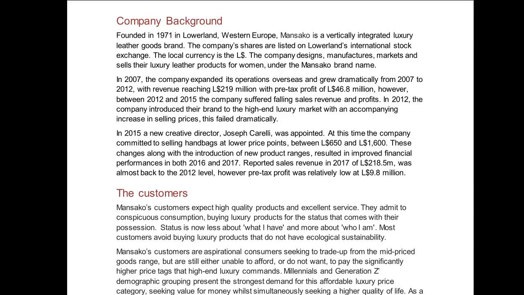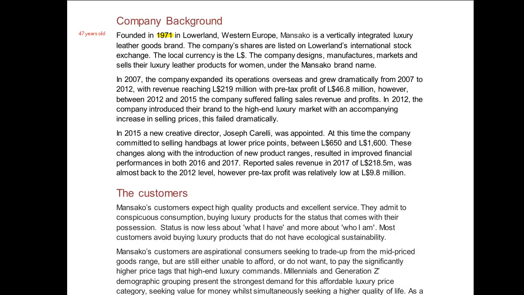So founded in 1971 then in Lowerland, in Western Europe, Mansako is a vertically integrated luxury leather goods brand. Wow, okay, so just the first sentence is a lot of data there that is relevant for us to understanding what this company is and what they do. Okay, so first off, minor point but still important, the company was founded in 1971. Okay, and like I say, it's not a super important fact, but it's certainly relevant because we're looking at